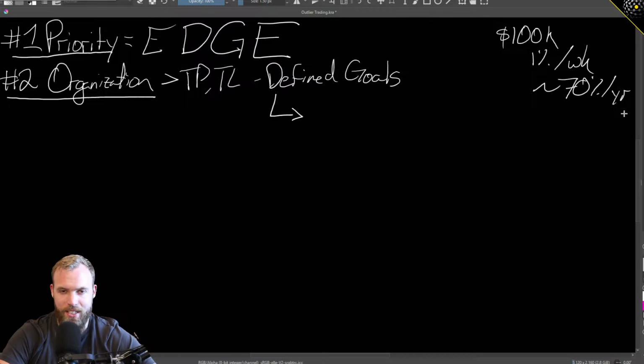I want to say it's like 67, 68, 69. It's like something in the 60s. So it's high 60s. So it's like 70% per year is what this person is asking to do.